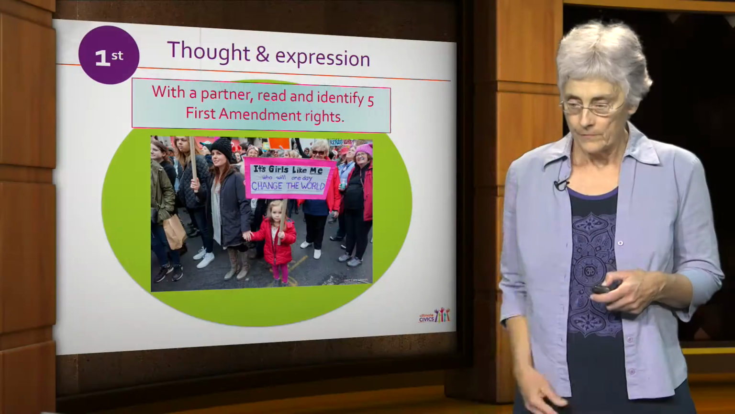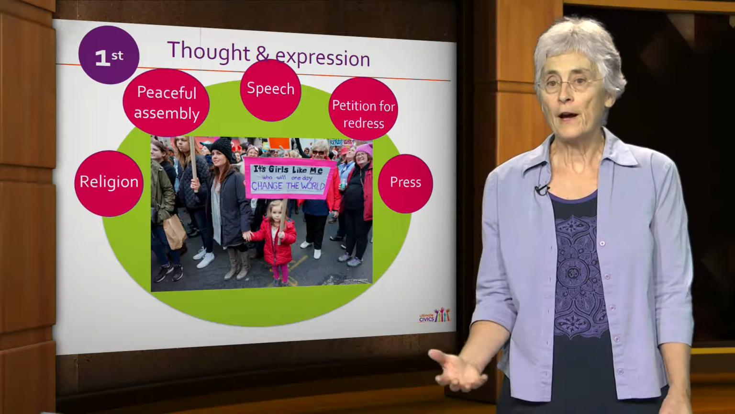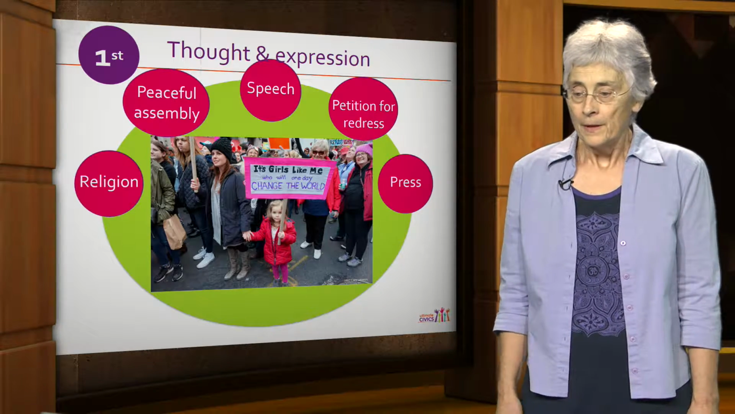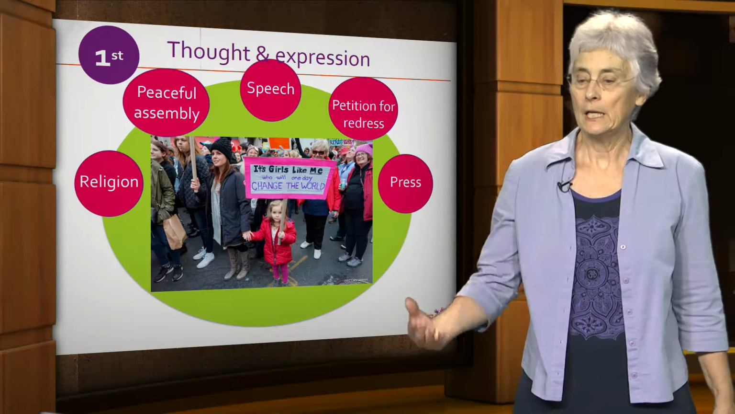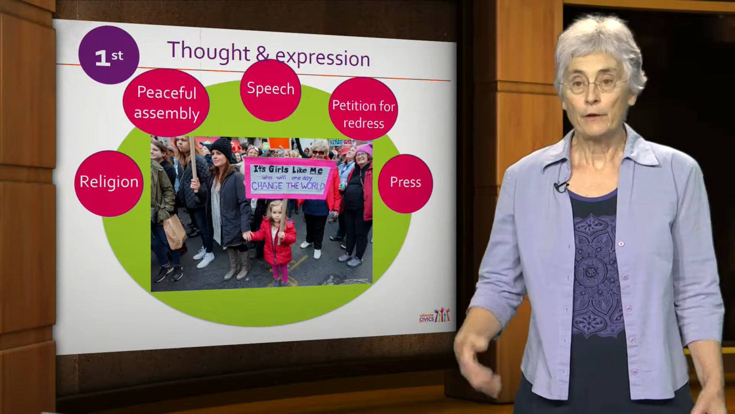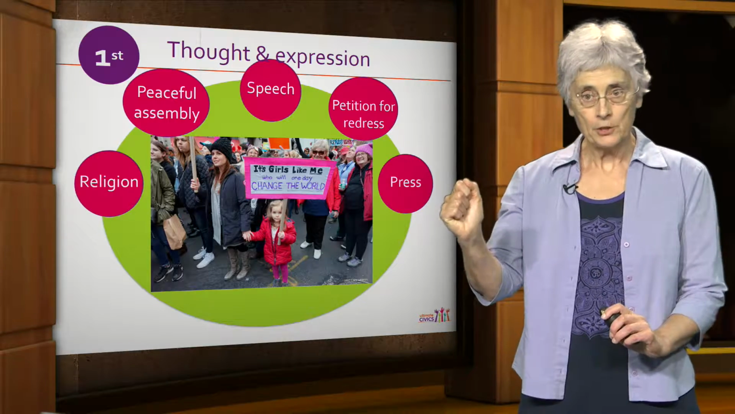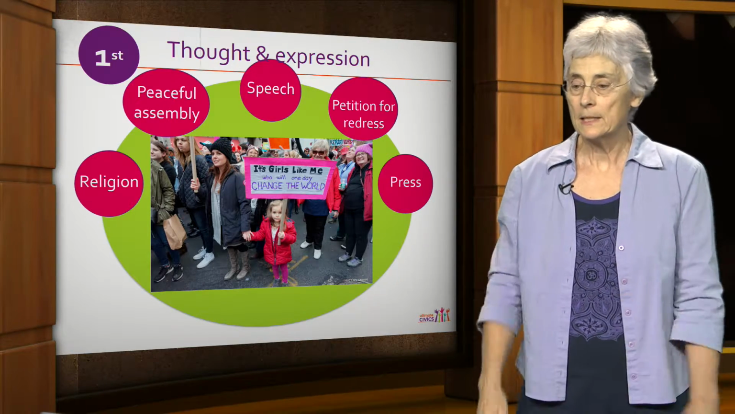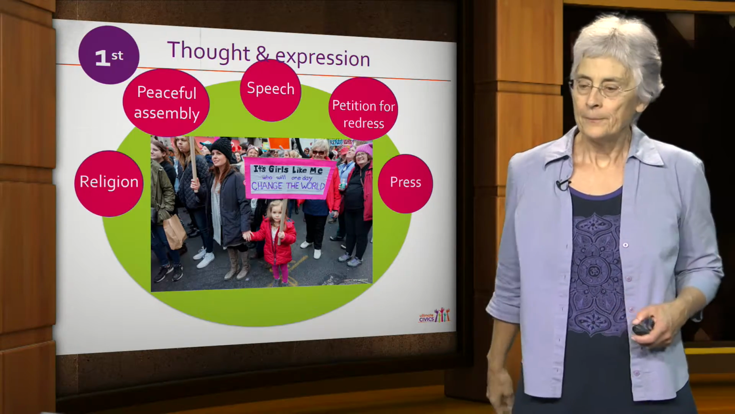And then there's a group activity, and of course they've identified all of the 5 rights. Religion, freedom of religion, peaceful assembly, our ability to exercise our voice as free speech, petition for redress. We have some grievances that we want the government to pay attention to. We'd like these to be fixed, addressed, and of course the media was all over the place. So for this rally,